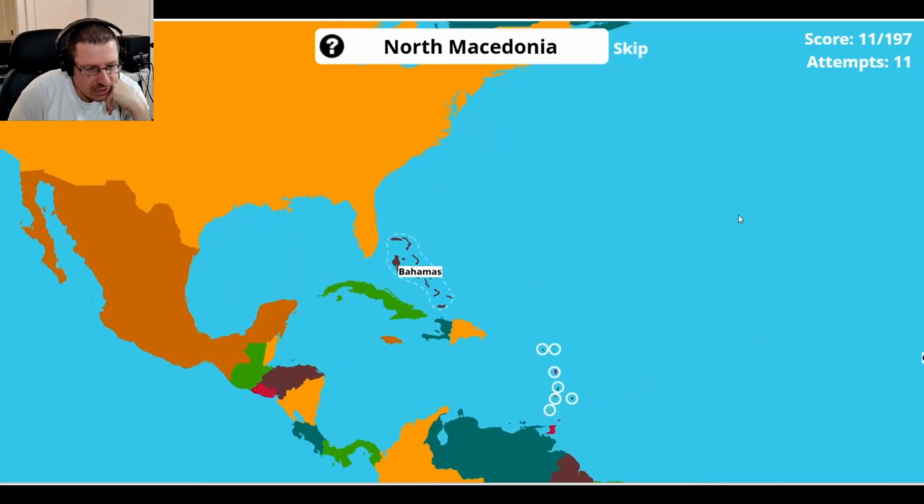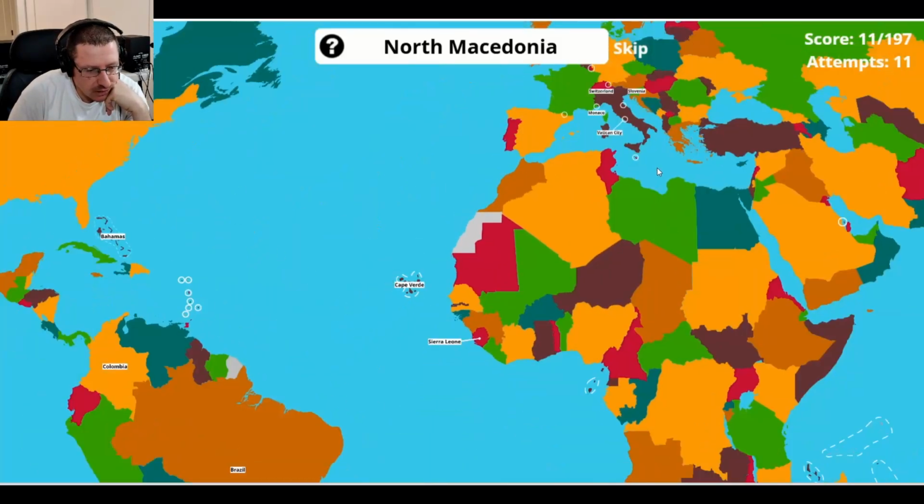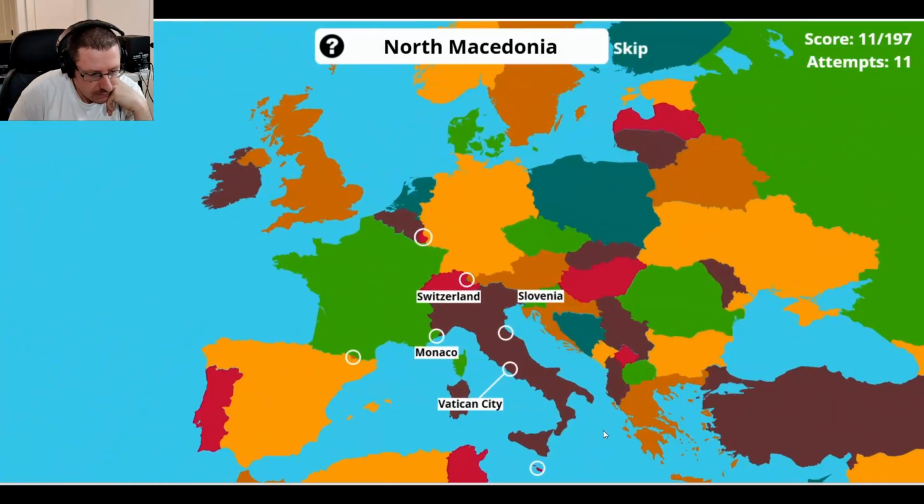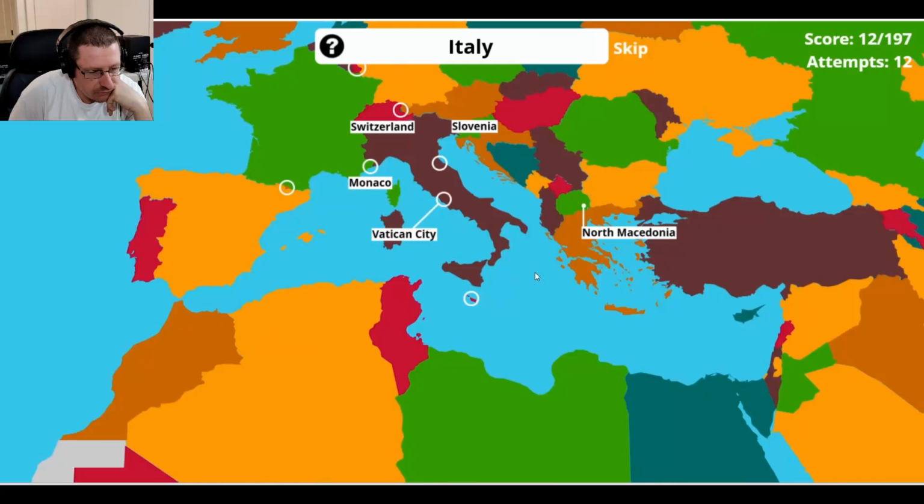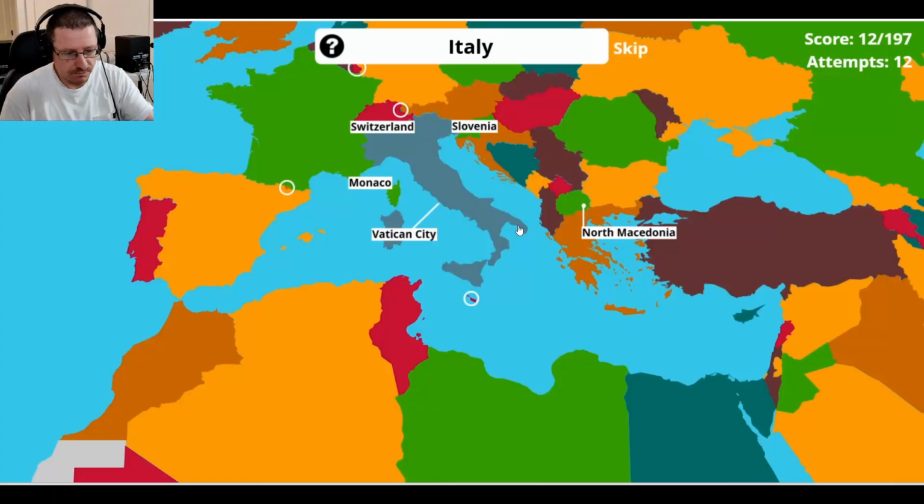North Macedonia is right over here. It is made up of 80% mountains and hills. Italy's the boot. Italy's super easy. If you're just beginning, I suggest starting with either just South America or Europe. Europe can be kind of hard because there's tons of countries in Europe, but there's a lot of ones that you probably know. Like you probably know France, Germany, Italy. So that could be an easy one for you.